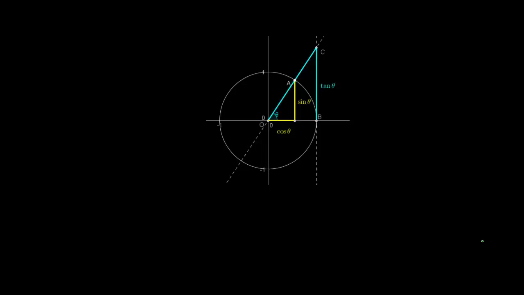So we're going to start out by defining the tangent line geometrically. I've got the unit circle drawn out here, and I have the cosine and sine values labeled and also the tangent. So let's just briefly review. The cosine